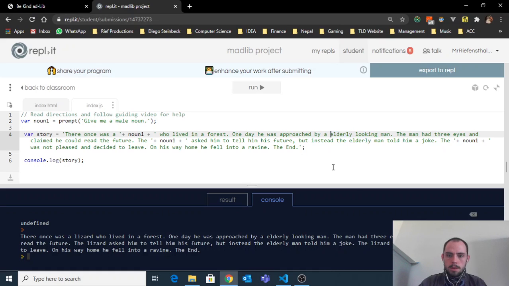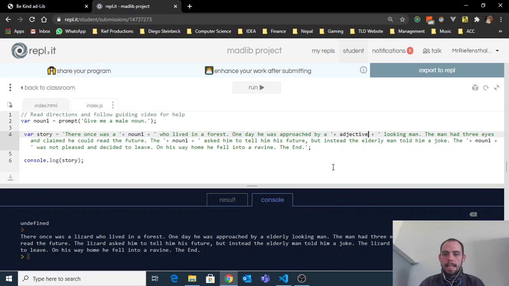So first, I'm going to put the quotation, the plus sign, because the plus sign means you're concatenating. That's why we have to be able to concat. And you guys, you do have to go slow on this. You have to be very methodical. So instead of elderly, I'm going to just call this one adjective. Adjectives are enhancing words.